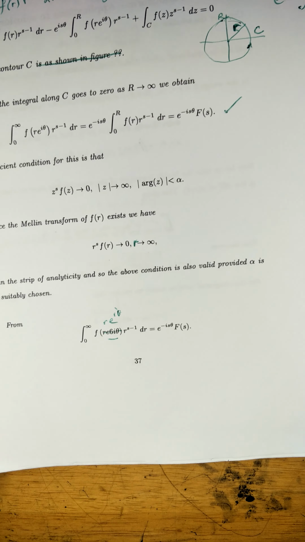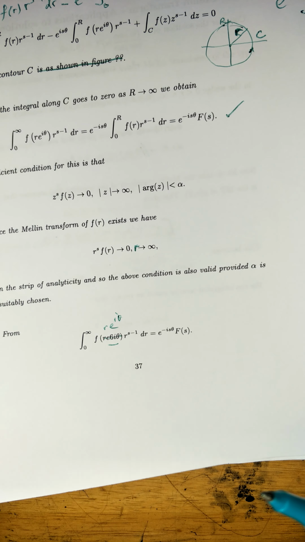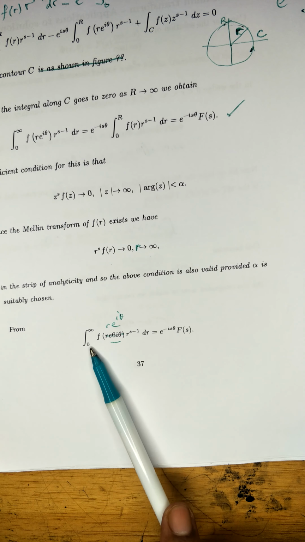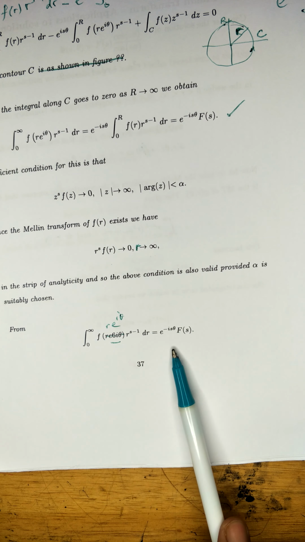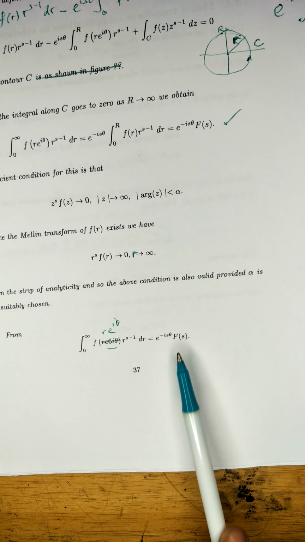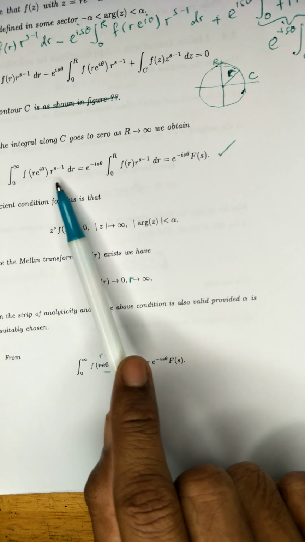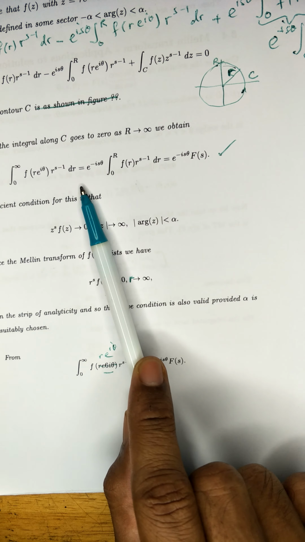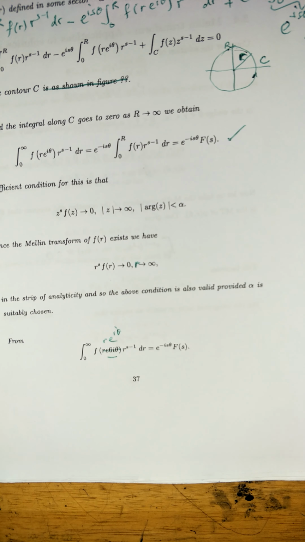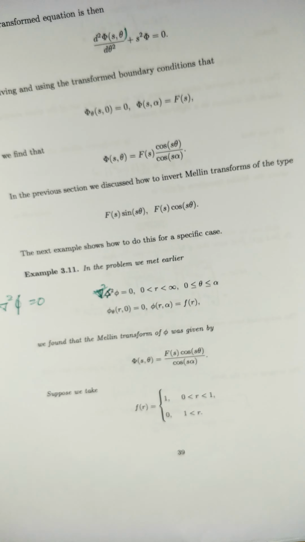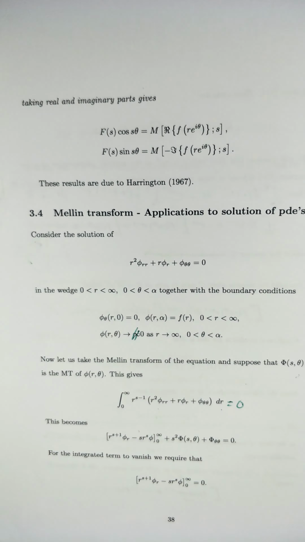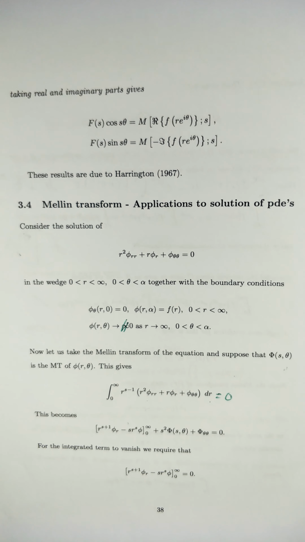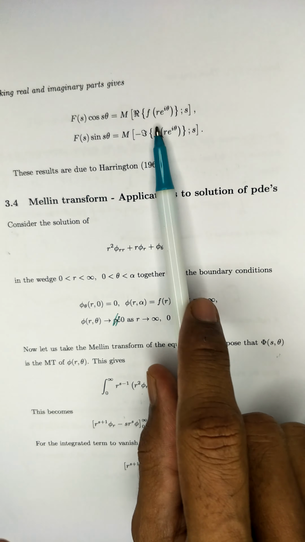Okay, and here is a typing error. It should be the integral from 0 to infinity of f(re^(iθ)). This is given by that. So this is what we obtain from here. This is what we want to evaluate, and then that gives that and that. Okay, and then if we consider the real and imaginary parts, so we are going to have